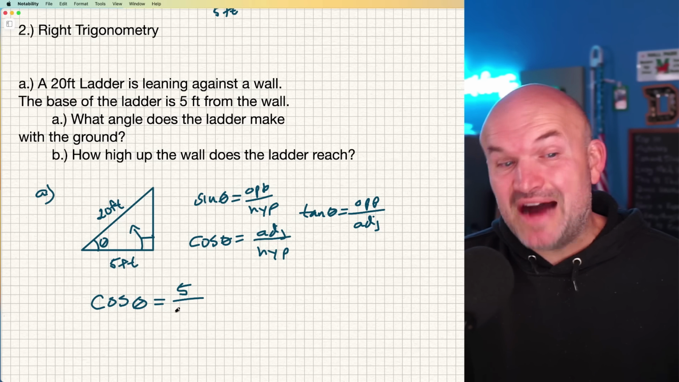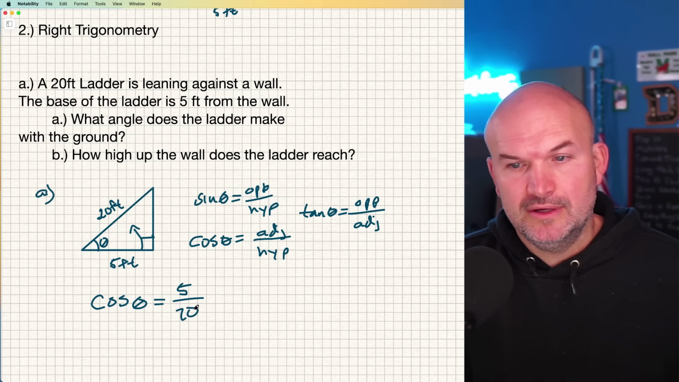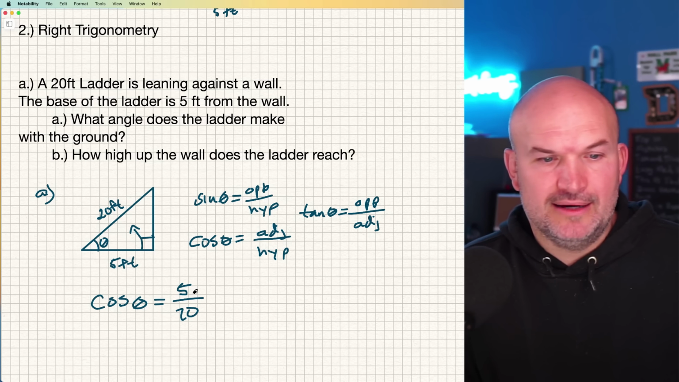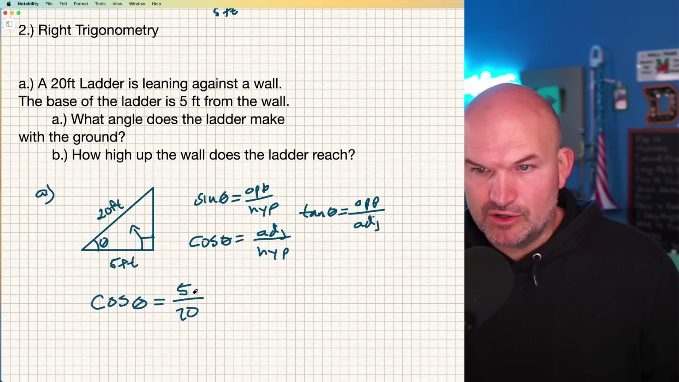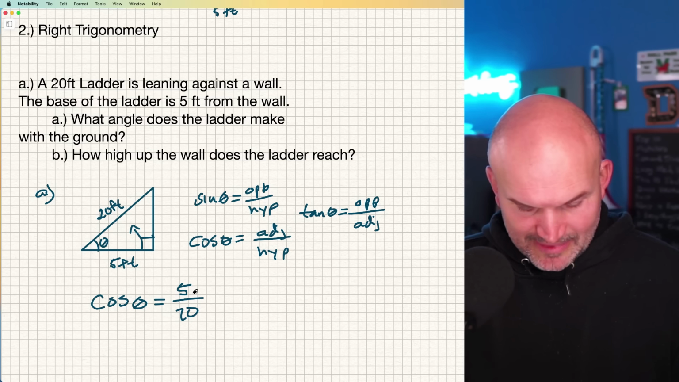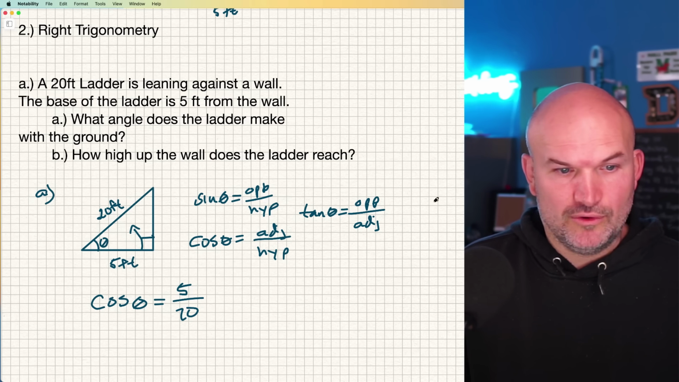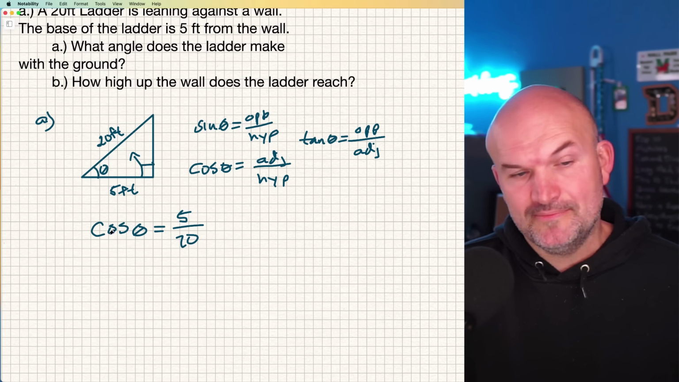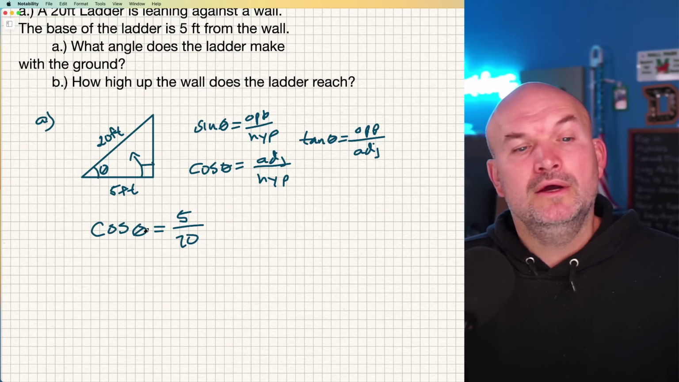So 5 divided by 20. Okay, now you can reduce that if you want to 1/4. But now let's just go ahead and type this into our calculator. So therefore, if I want to solve for our angle,